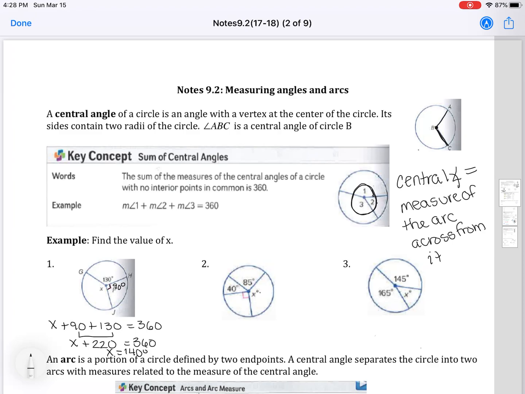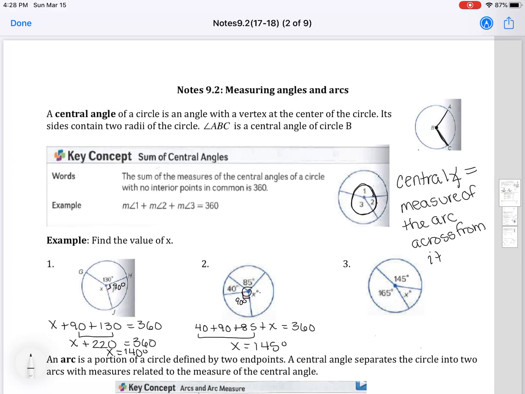If we repeat the process for example 2, again, that little box means 90, and you have 4 angles now that add up to 360. So 40 plus 90 plus 85 plus x equals 360. Put all the angles together that you have, subtract, and you end up with the final answer for x being